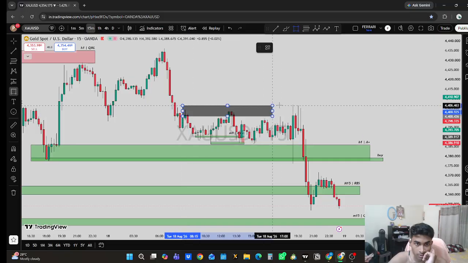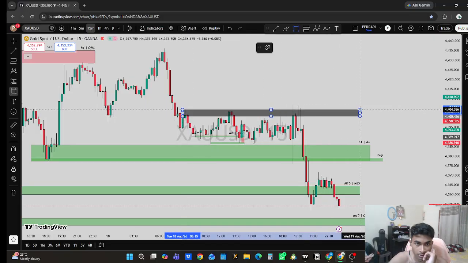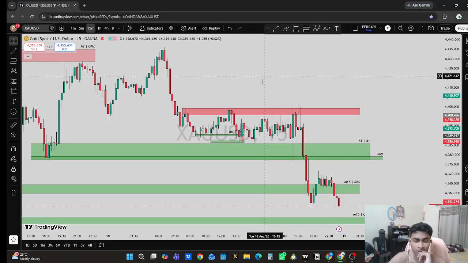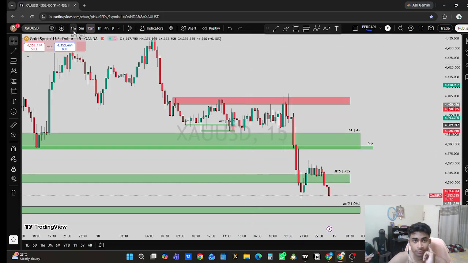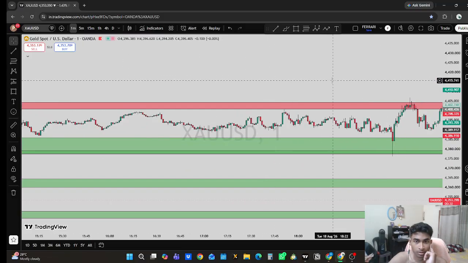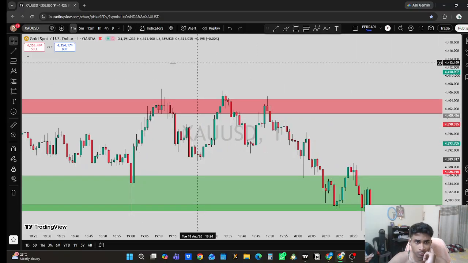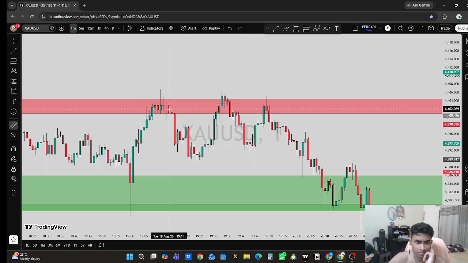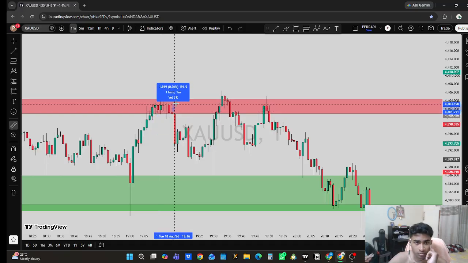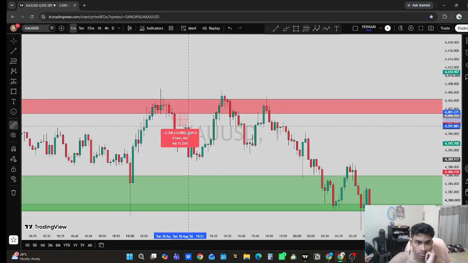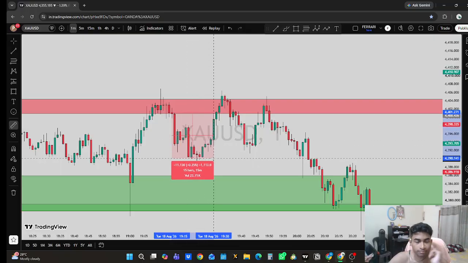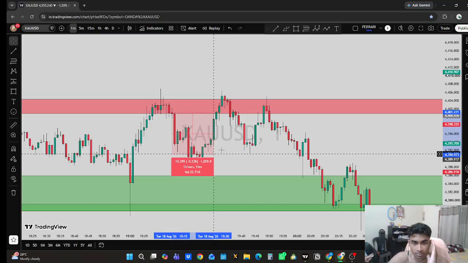So let's zoom in and see how this level played out so beautifully. 15-minute A plus level. What would have been the confirmation? Price tapped into this level right here. So the first confirmation would have been right on this engulfing candle, which engulfed the previous little range of all these dojis. So with a 30 pip stop loss, exactly on the higher zone, we would have captured a momentum of easy 100 pips, right?